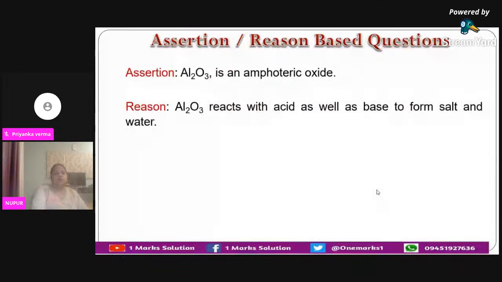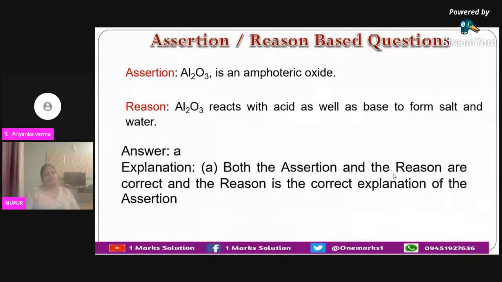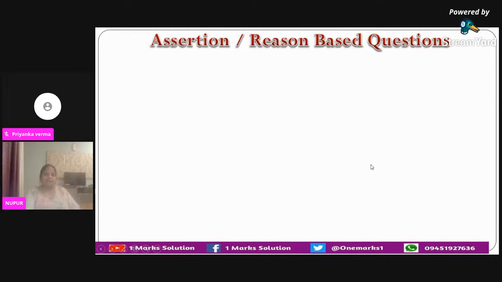The assertion says Al2O3 is an amphoteric oxide. And the reason given is Al2O3 reacts with acids as well as bases to form salt and water. Let us see. Here, the assertion is correct. Aluminium oxide is an amphoteric oxide, and Al2O3 reacts with both acid and bases to form salt and water. The reason is also correct, and it also explains why we call Al2O3 an amphoteric oxide. Okay,